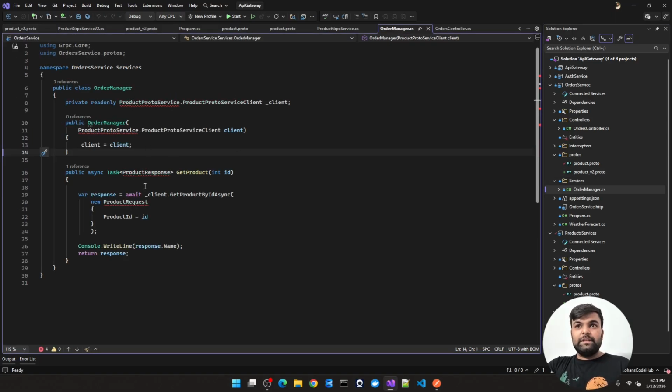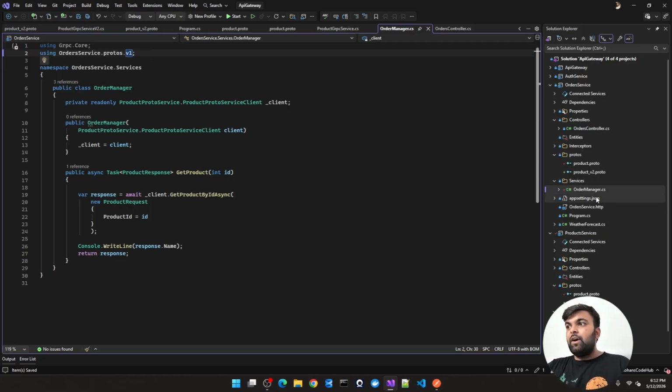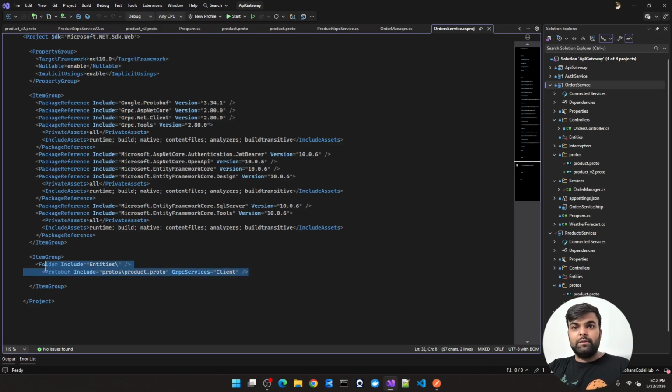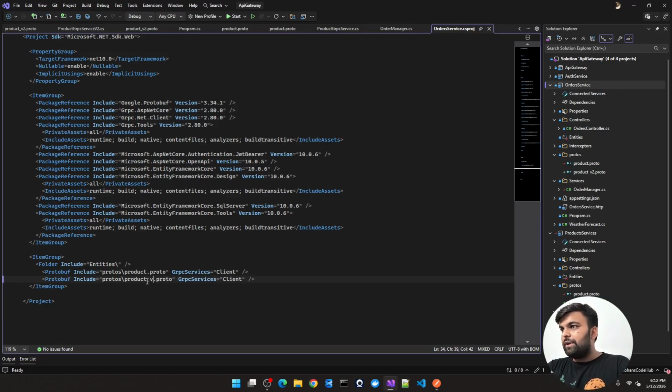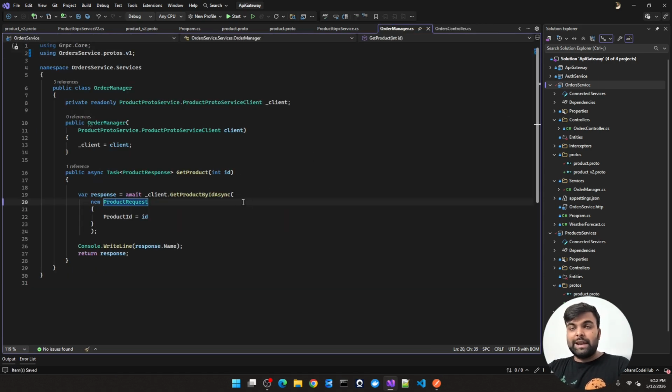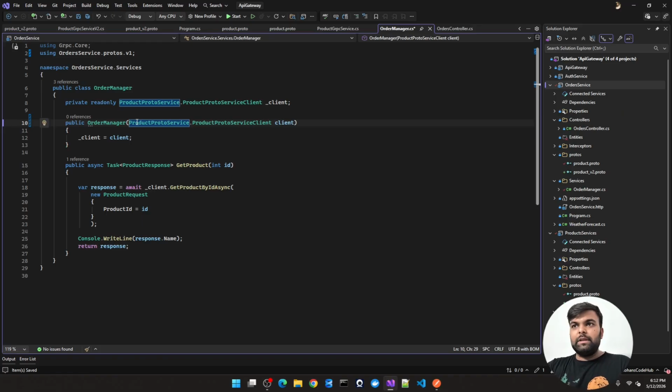Whenever you see that your order manager is giving an error, it is because we have to implement the v1 aspect here. Whenever you create any profile, make sure that you have included your profile here. This is the v2 file, and currently we are implementing it for the client side as well. So we have successfully managed all the things. Let me clean the code as well.